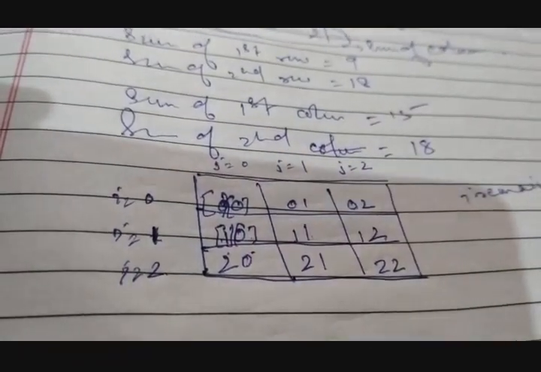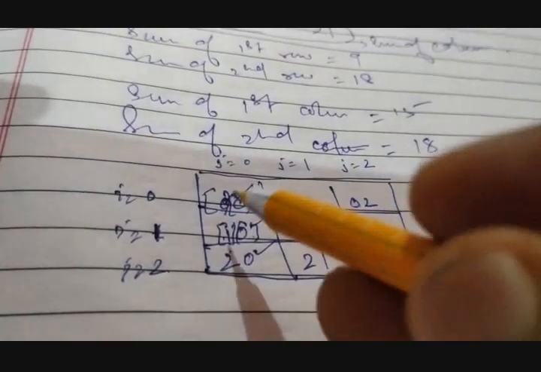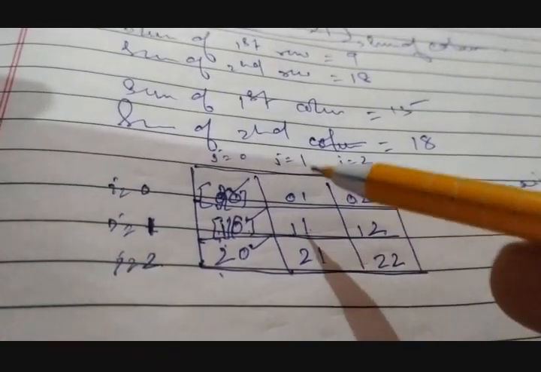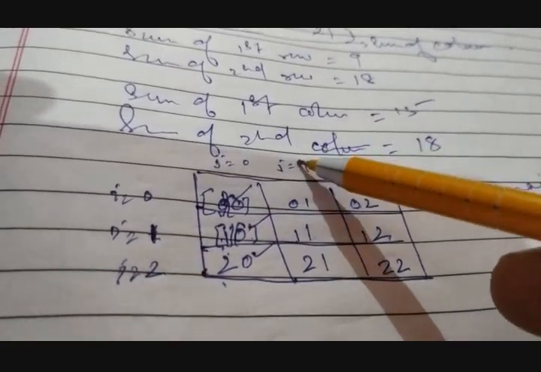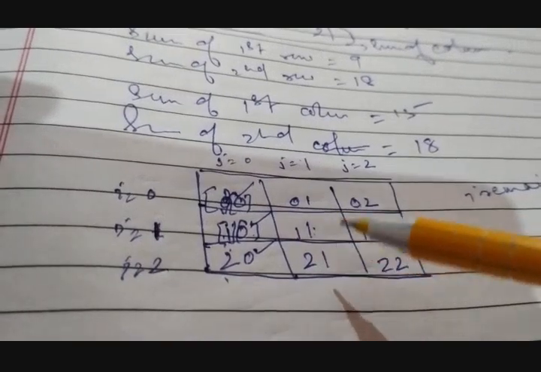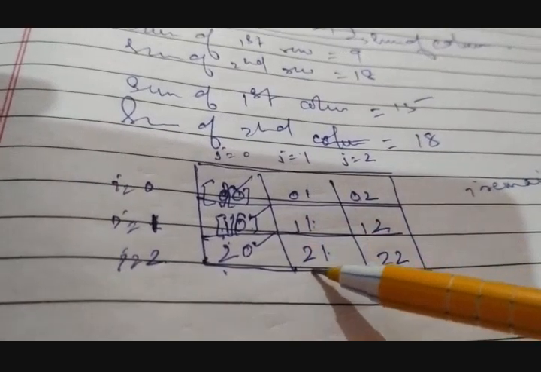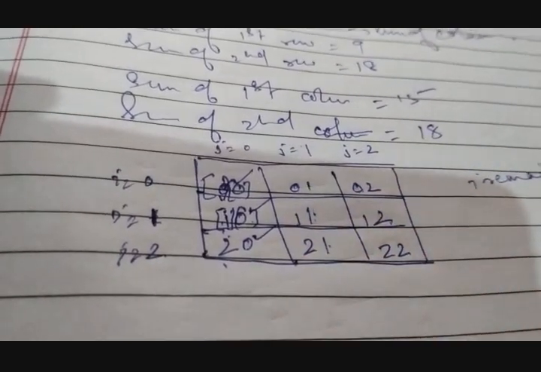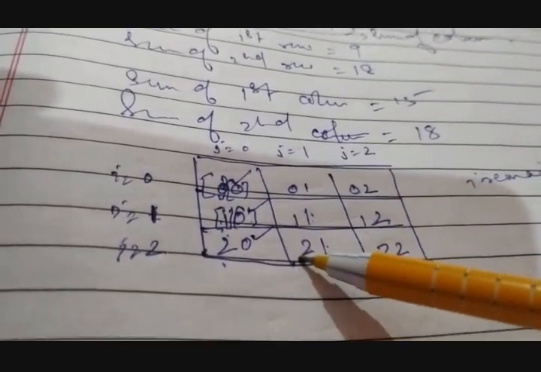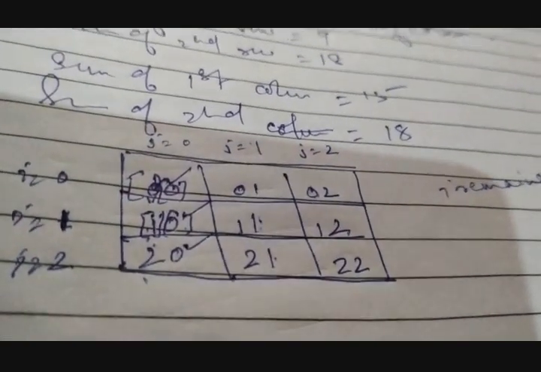Now when you add up with the row, look here, 0, 0, 0. The row is constant, whereas the column index 0, 1, 2 is changing. Look at the first column now. Here the column is 1, here the column is 1, here the column is 1. It is constant now. And who is changing here? The rows are changing. It is in the first row, the second row, then the third row. The row is varying when you add along the column.